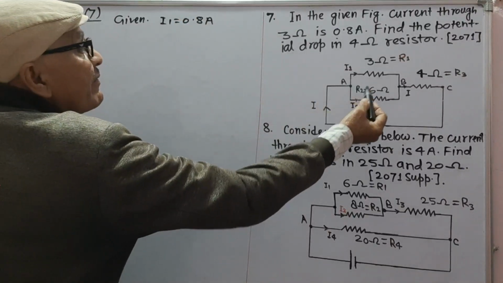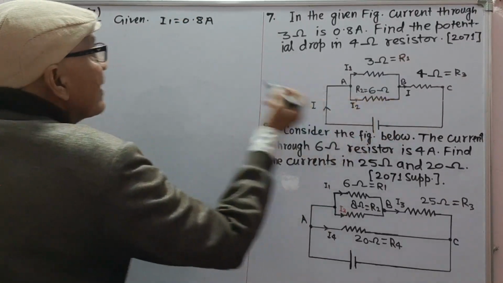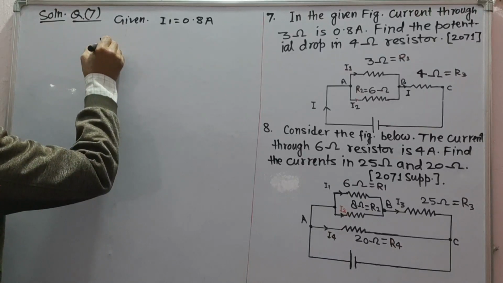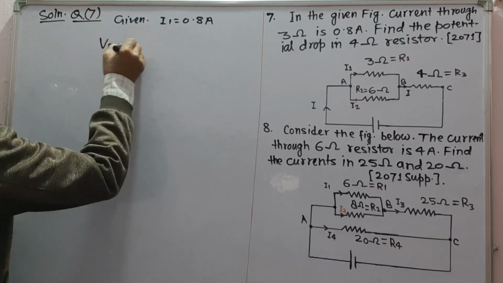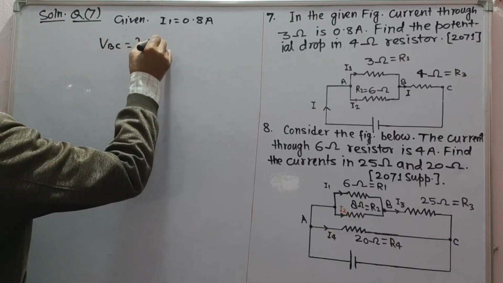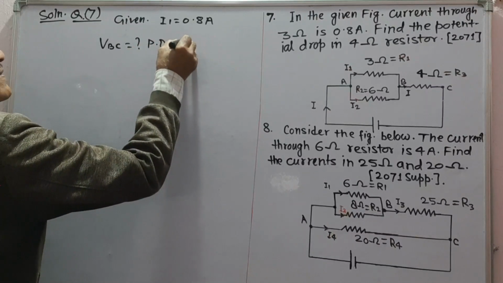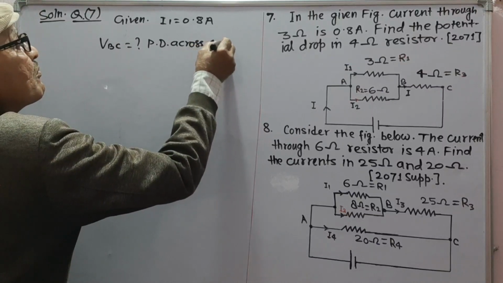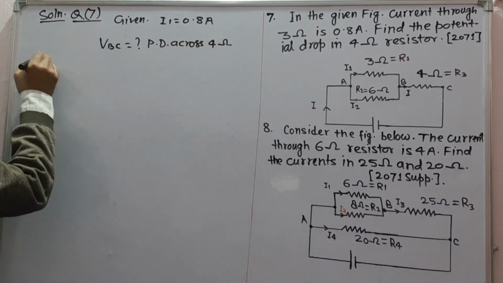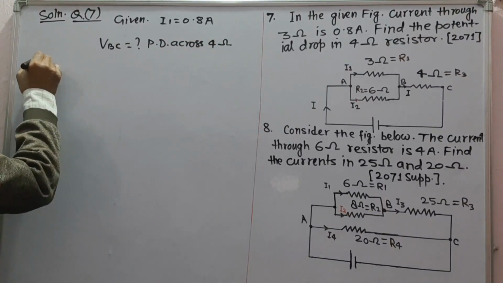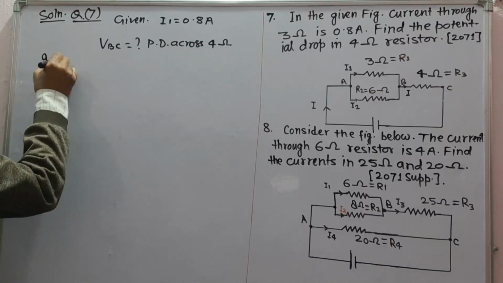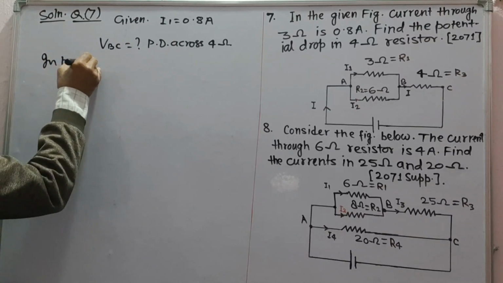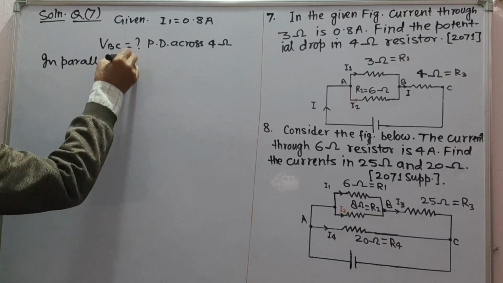This current, we have to find VBC, means potential difference across 4 ohm resistor. In parallel, voltage is same,